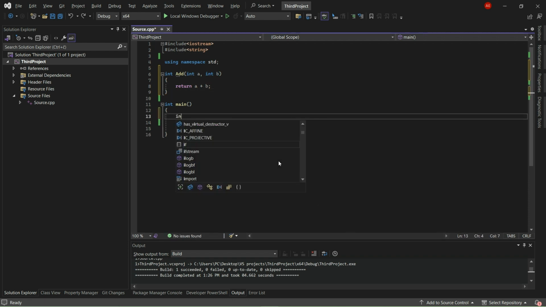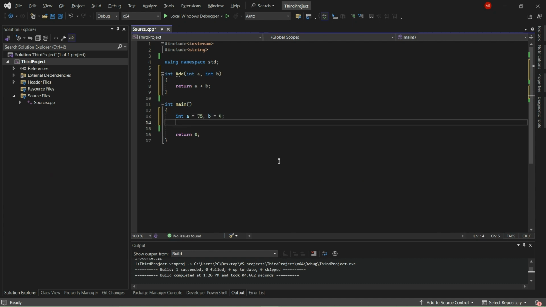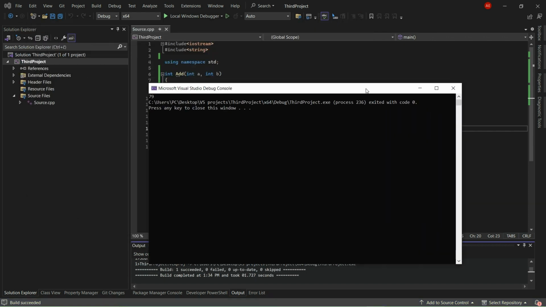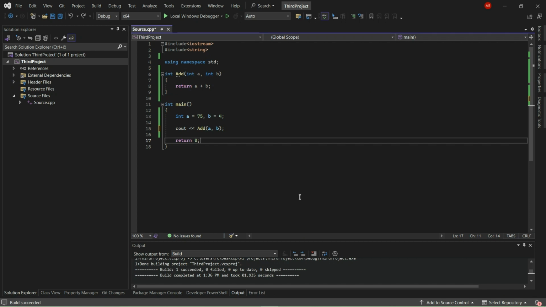In main function I will declare two integer numbers, and then I will call add function, and I will pass A and B, and it will add those two numbers. It is 79. So it works for integers, but if I want to add two double numbers, for example,